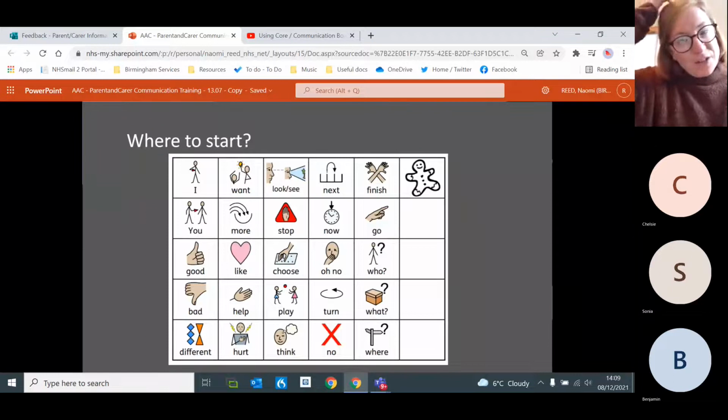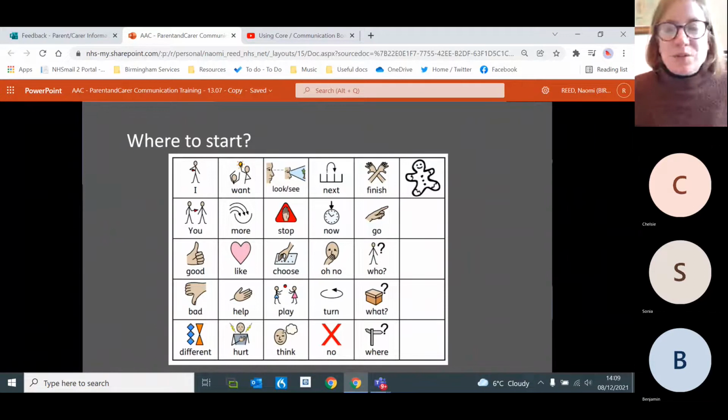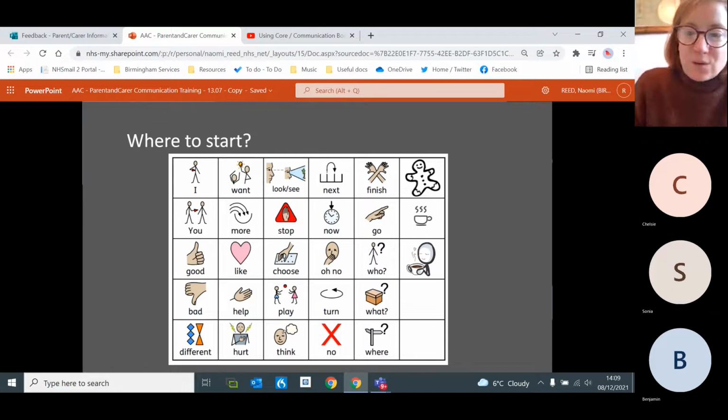And again, don't worry too much if you don't have fancy symbol software. You could just draw some things. If you've got an aided language display printed and laminated, you can just use either a permanent marker or a whiteboard marker, which is even more useful because you can wipe things off afterwards. You could just hand draw some things in the corner. So for example, if you wanted to have snack, we've got food, we've got drink, we've got drinking, eating, and a smiley face that might mean yum yum yum. So you can start using the core vocabulary, and if you want some extras, you can kind of hand draw in some things into the